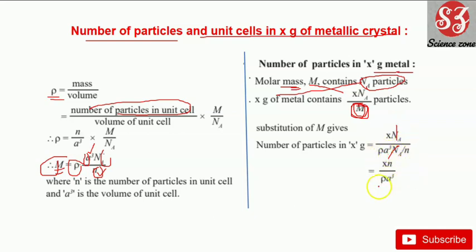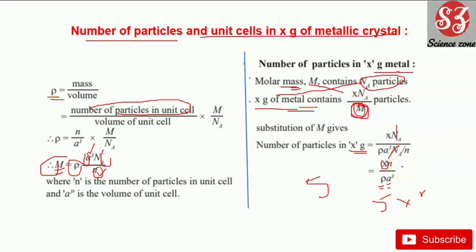And if you know the density, if you know the length of the edge, if you know the number of particles, that x, you can calculate this very easily. So this is so easy. So number of particles in x gram you can easily calculate over here. So this is x gram of metal content. So if I give you 5 grams of iron, what you have to do is 5 into number of particles, if you know how much they have, that is the small n.